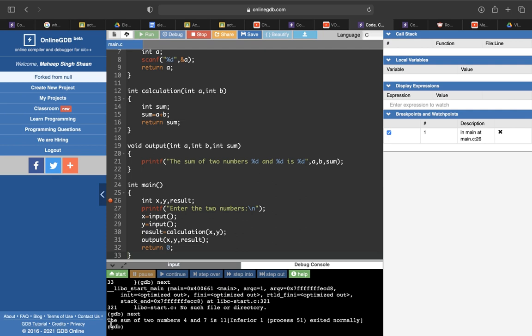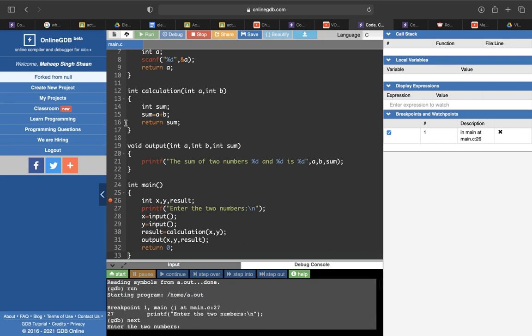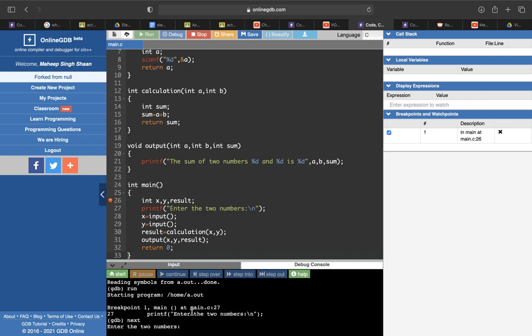So the sum of this is the required statement which I need. Sum of two numbers, 4 and 7 is 11. It's not showing me 4.00, 7.00 is 11.00 because I've used my return type as int. Okay, this is done and dusted. That's the code, and you have debugged the log pretty well. Just copy paste and upload it in your assignments or whatever it is. Okay, cool. That's all with the debug log.